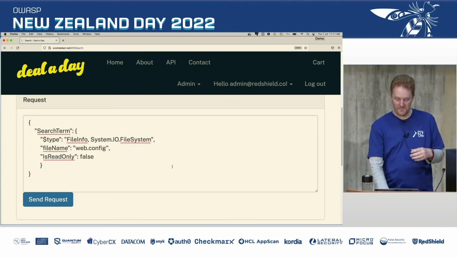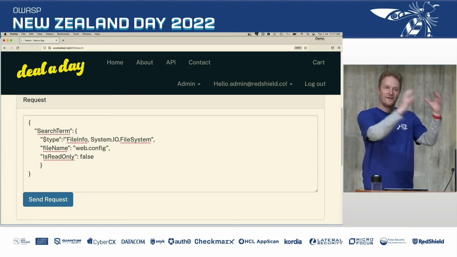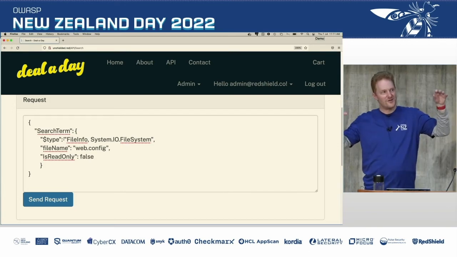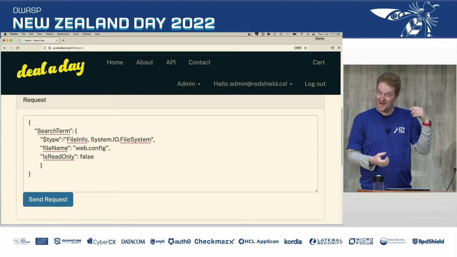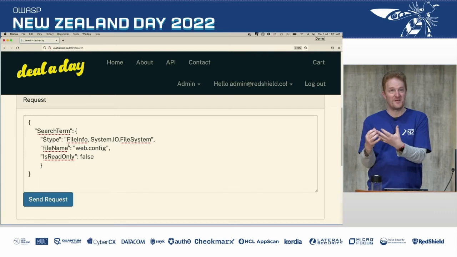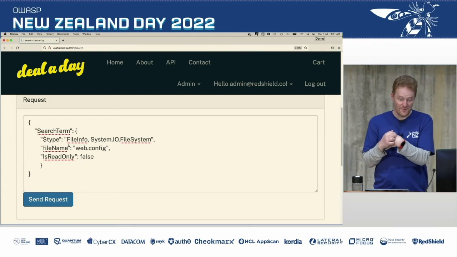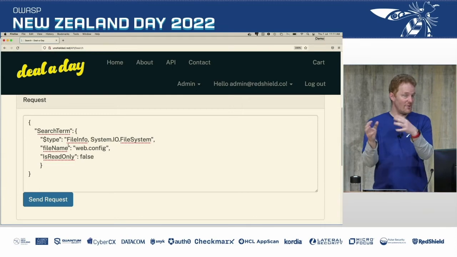What will happen then is it embeds the type of the object when it generates JSON, and then when you're turning it back into an object, it looks at the type and creates that type of object. So in this example where I've enabled that feature, which you totally shouldn't do, now I have to figure out what objects are in this application that I can instantiate and cause some malicious action. After a bit of fooling around, I found out that the FileInfo object was loaded into memory in my application. It's a standard library for